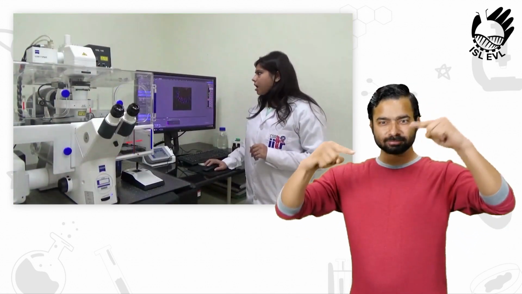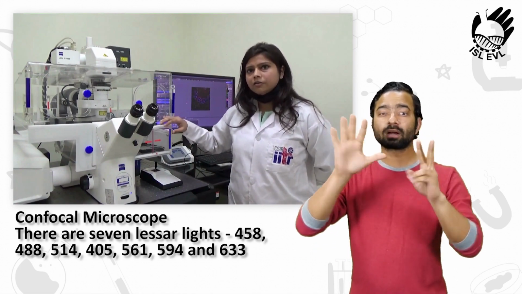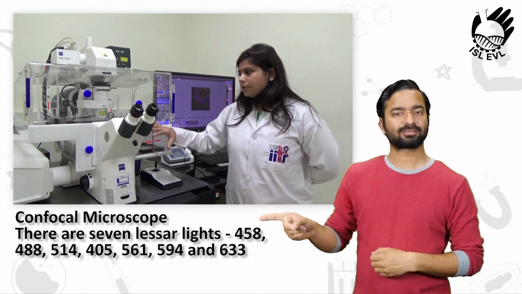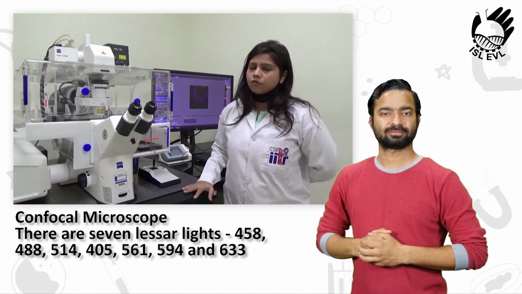This is how we capture the image by using this confocal microscope. In this microscope, we use laser sources as the illumination source. When the laser light hits the sample, it excites the molecules and they emit some light, which by going through the dichroic mirror is detected by the detector and the image is generated. This is the basic principle of how we generate the image from a confocal microscope.